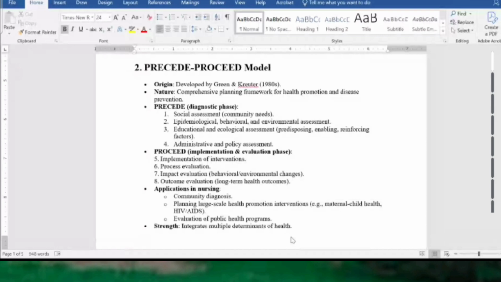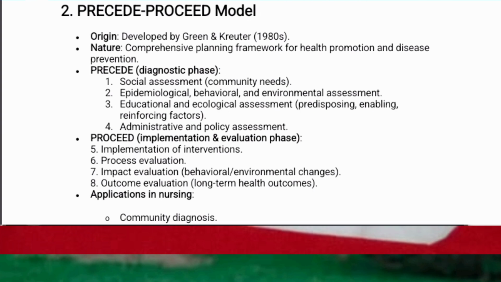Diagnostic phase. Number one, social assessment, community needs. Number two, epidemiological, behavioral, and environmental assessment. Number three, educational and ecological assessment: predisposing, enabling, reinforcing factors. Number four, administrative and policy assessment. PROCEED: